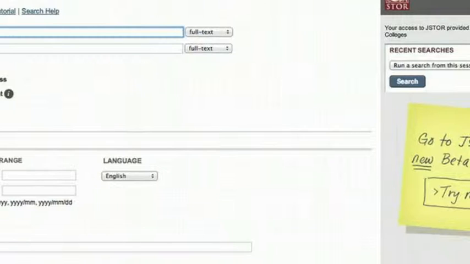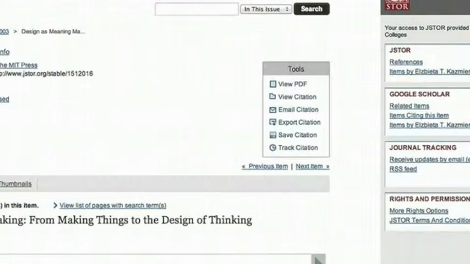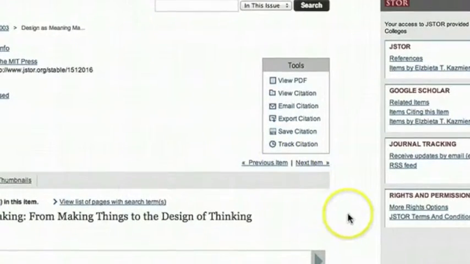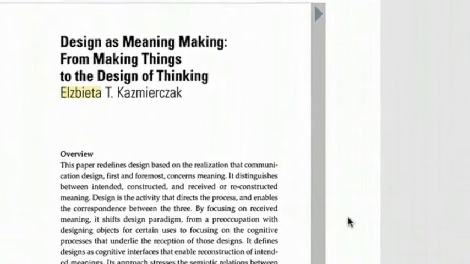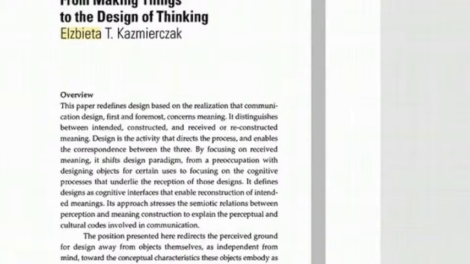Once on JSTOR, using the advanced search, we typed in costume design and meaning. Then we set the restriction that we only wanted articles in English. We ended up finding an article called "Design as Meaning, Making from Making Things to the Design of Thinking." The article discusses costume design as a communication